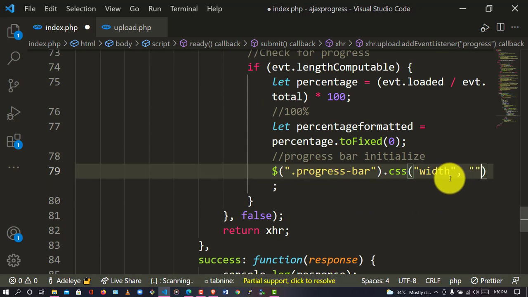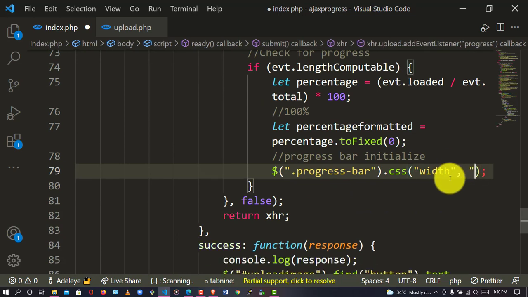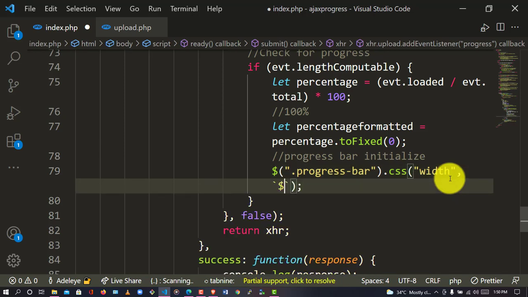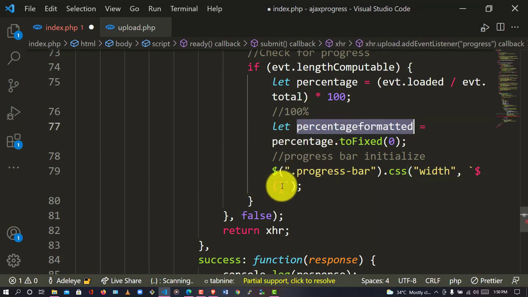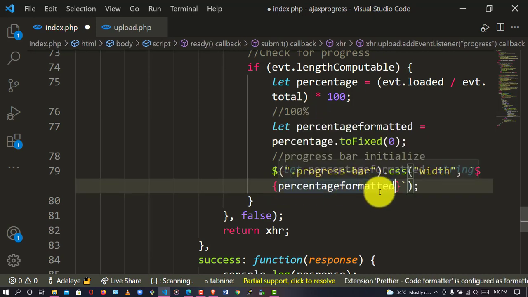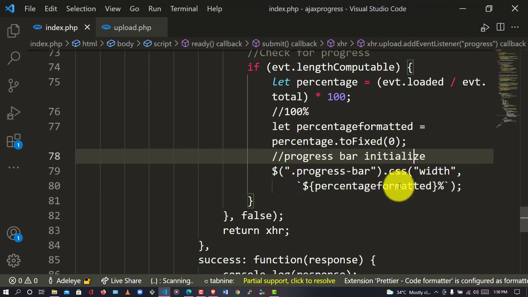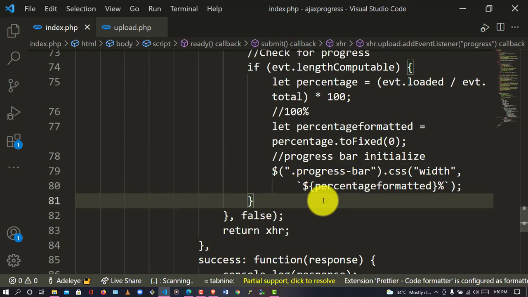So we are going to concatenate it. So let me use backtick to concatenate it. So percentage formatted, then introducing a percent to it to process data very well. After that has been done,